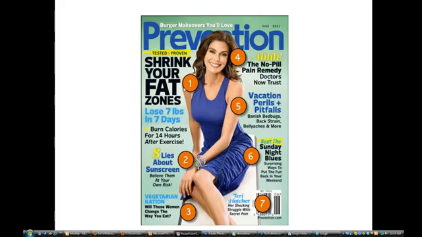Take a look at number 4. The no-pill pain remedy doctors now trust. There's a lot of things going on with this headline. In those simple little seven words or whatever it is, the no-pill pain remedy. So it's a desired result. It's pain remedy, and it's a no-pill pain remedy. And the doctors now trust it, meaning it's something new. There's something that you haven't heard of before, or there is a new authority that is now